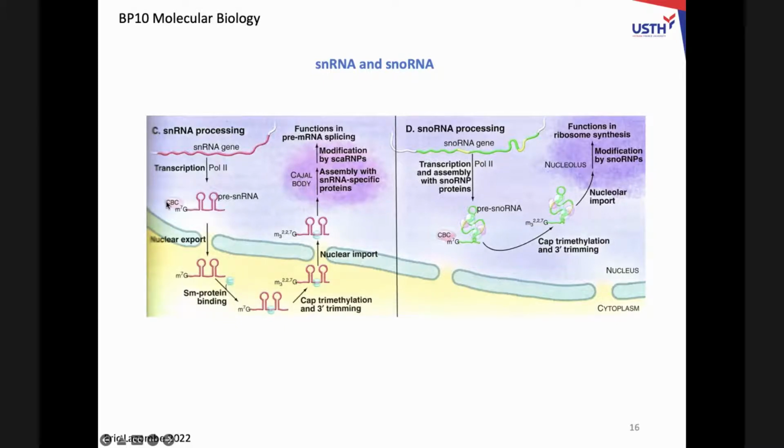RNA and protein. So technically, we have genes in the genome that are transcribed by Pol II. The RNA is exported to the cytosol, comes back to the nucleus. Those RNAs interact with some snRNA-specific